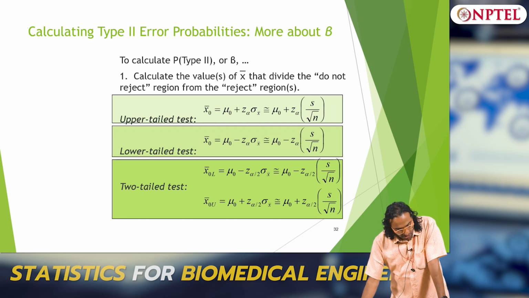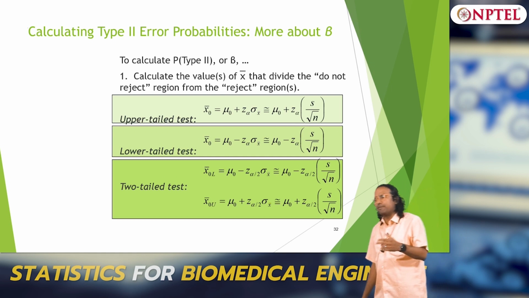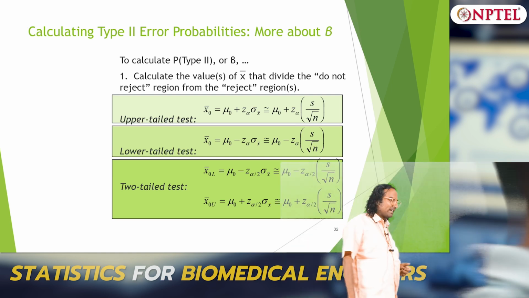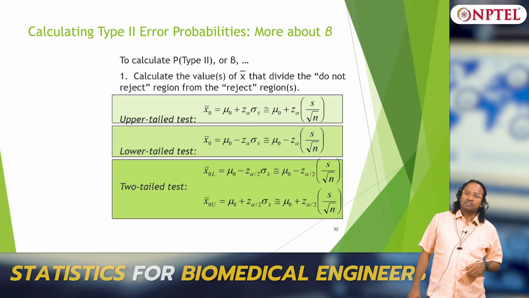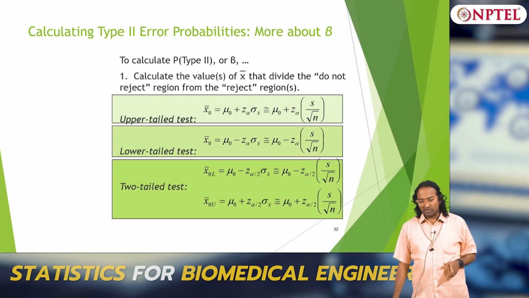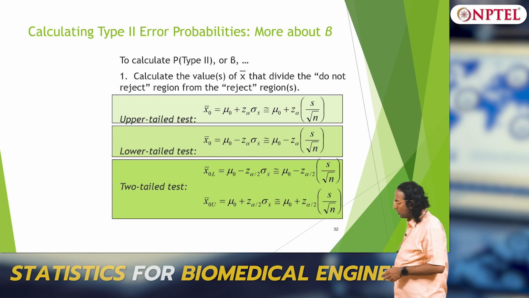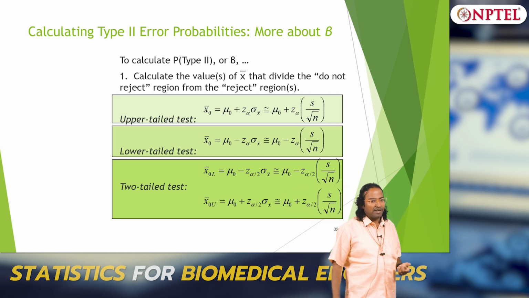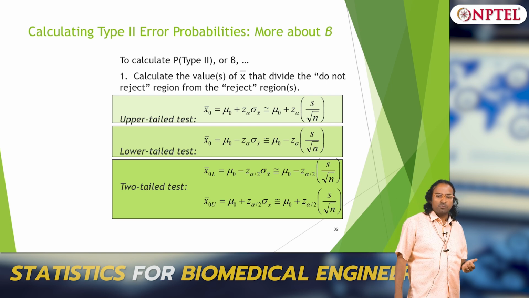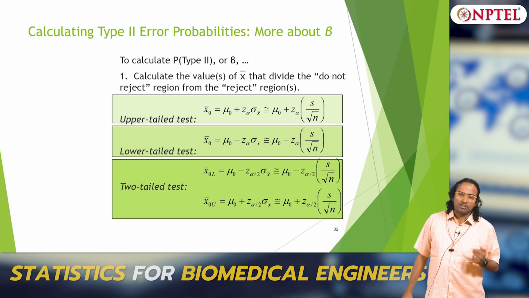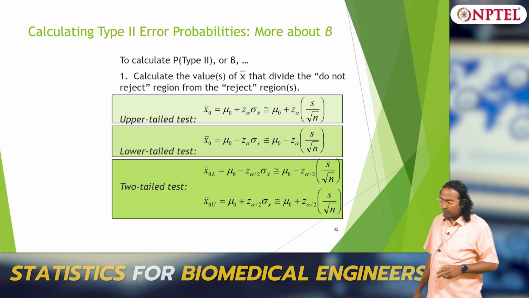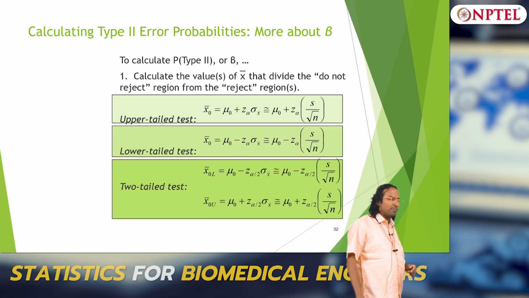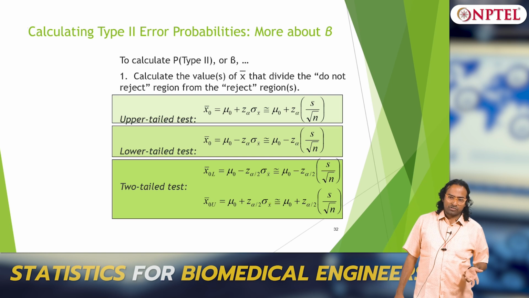One is the type 1 error, which is fixed by fixing alpha. Alpha is the type 1 error, where you are rejecting the null hypothesis even though it is true. That will typically be low, you do not want to change the status quo with less evidence. So you usually have alpha very small so that the type 1 error is small. The other error is beta, the type 2 error, the probability of accepting the null hypothesis even if it is false.